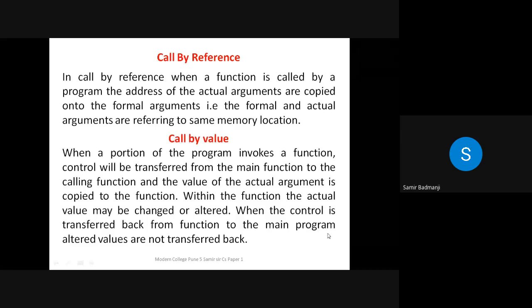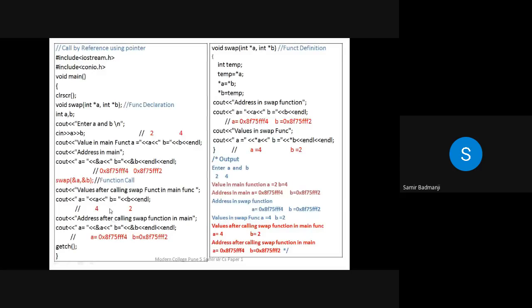When control is transferred back from the function to the main program, altered values are not transferred back. So see here, the values are interchanged. In call by value, the values remain the same because a copy of those values is passed to the function. Here we are passing the addresses and not the values. So that is why the original addresses and the passed addresses are both the same.